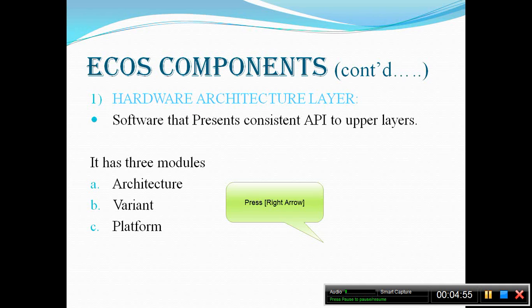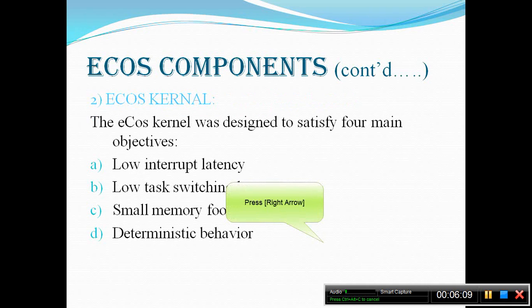Next module is the platform. It extends the HAL support to tightly coupled peripherals like interrupt controllers and timer devices. It also defines the platform or the board that includes a selected processor architecture and variant. It includes code for startup, chip selection configuration and interrupt controllers and timer devices. So let us see